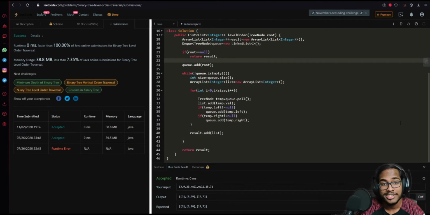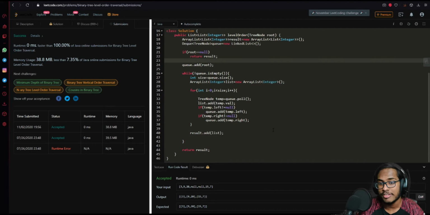Now in this code, the time complexity of this solution is going to be O of n. This is because in the worst case, we are iterating through each of the nodes only once. The space complexity of this solution is going to be O of n as well. That is because we have declared a queue over here, which is an additional data structure. And in the worst case, it will occupy O of n memory. So it's going to be of linear space complexity as well. Okay, so now we have solved the first problem.